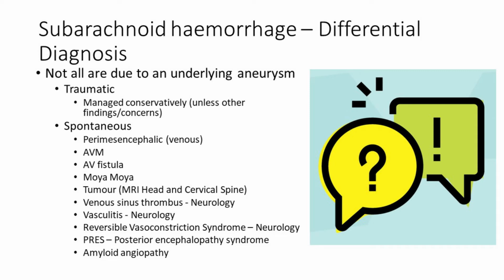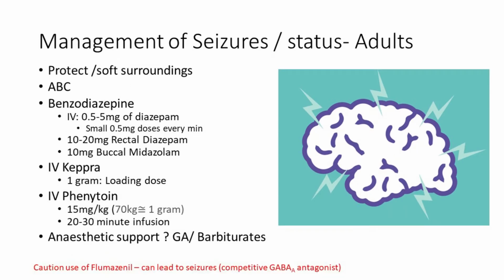Again, vasculitis causing multifocal subarachnoid hemorrhages. You can get reversible vasoconstriction syndrome and PRES, which can give you particularly distal subarach, and then there's also amyloid occasionally. So seizures are common in neurosurgery, and mainly the nursing staff already have most of the basics